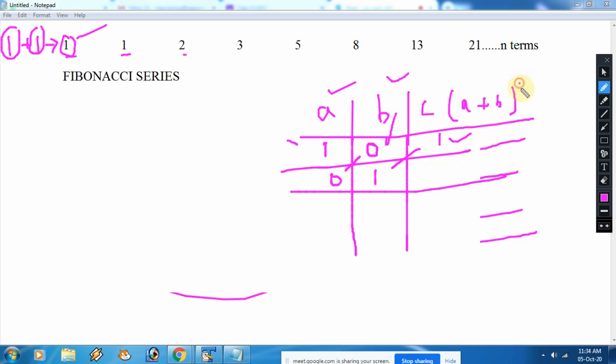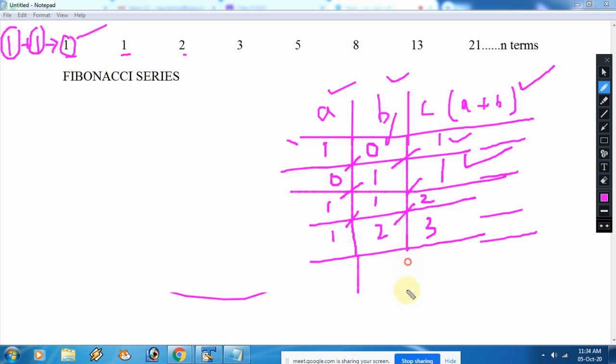Now this working is the same, that is A plus B, and that is coming C. So 0 plus 1 this time again. We are printing this C term. Again the same process we are following, shifting the value of B into A and shifting the value of C into B. So 1 plus 1, now it becomes 2. Again, then again, now this time you will get 3. Using this common way, we can easily get all the terms. So now this is 2 and this is 3, so now you are getting 5.